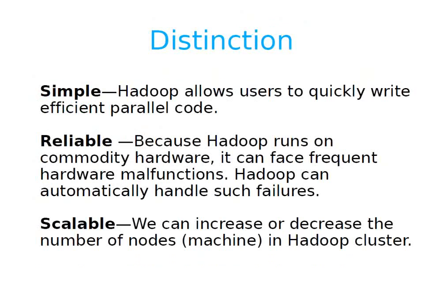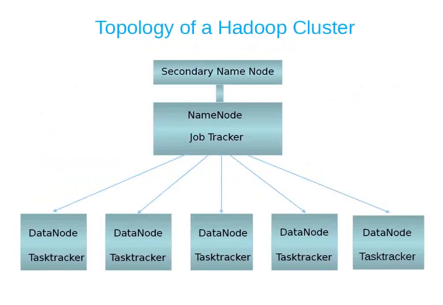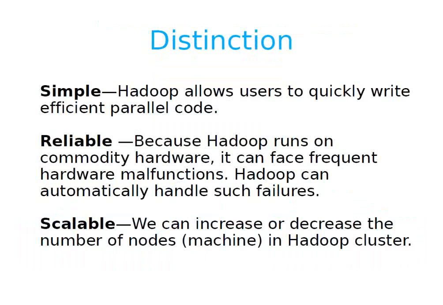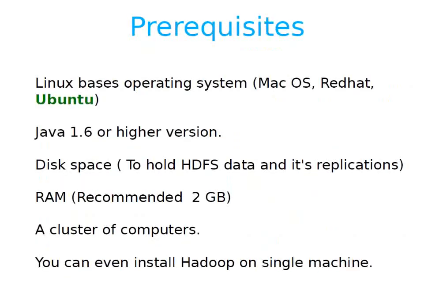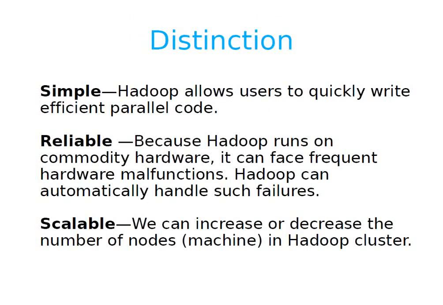The next requirement is a cluster of computers for learning Hadoop. As per this diagram, you may think that we need 7 machines, 1 master, 1 backup master, and 5 slave machines. That is not true. For learning purposes, we don't need 7 machines. We can even install Hadoop on a single machine. So in that case, our own machine will be working as a